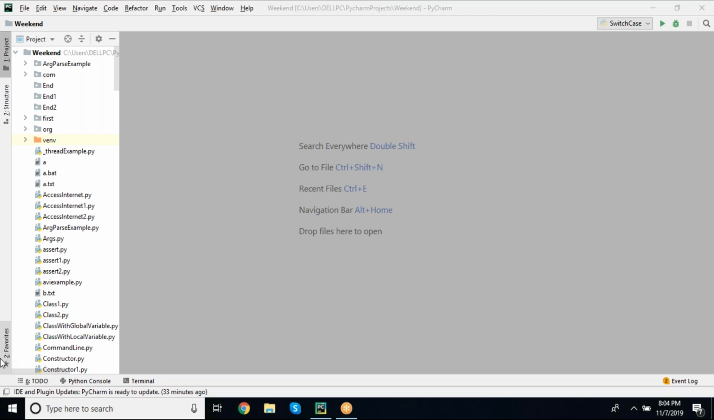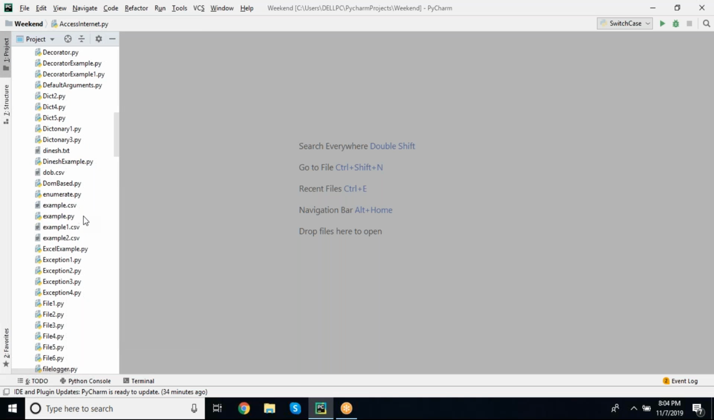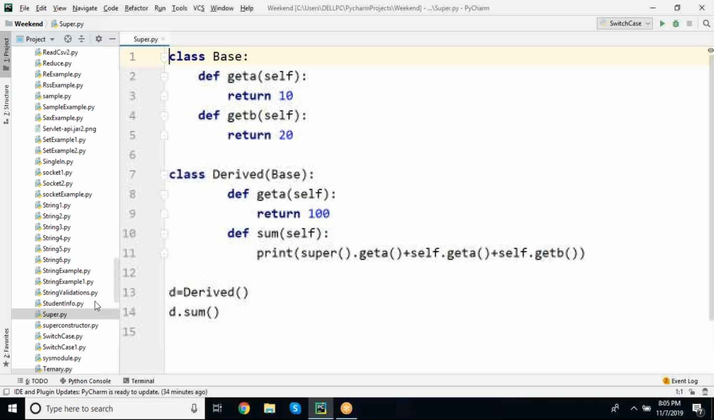Super is a keyword which is meant for invoking and referring base class components only. Clear, Nama? Now you can see